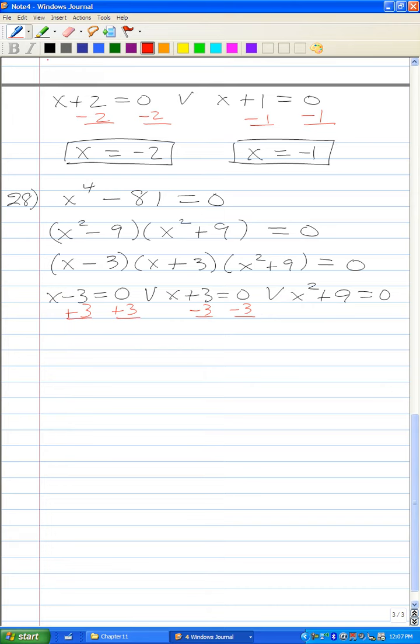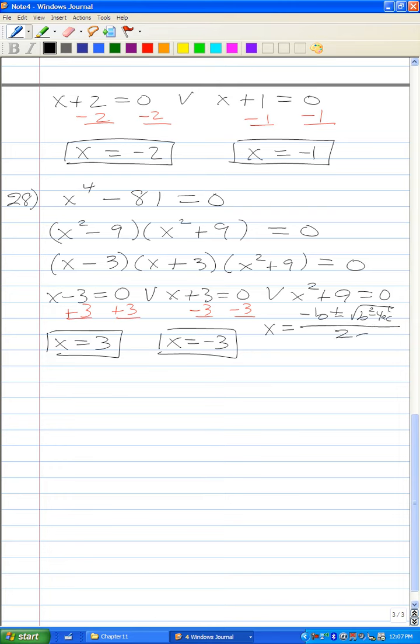So let me add 3. So I get x equal 3. Subtract 3, so x equal negative 3. Let's use the quadratic formula. x equals negative b plus or minus the square root of b squared minus 4ac all over 2a. And so I get x is equal to negative b plus or minus the square root of b squared minus 4ac